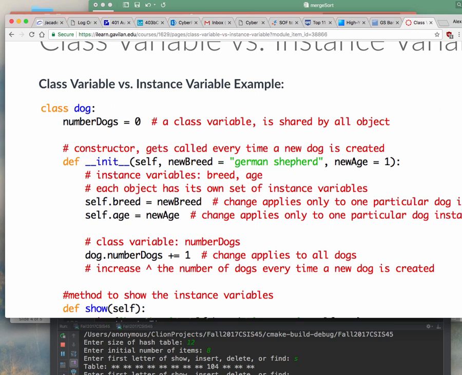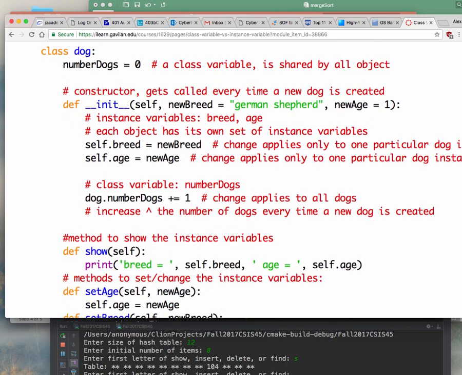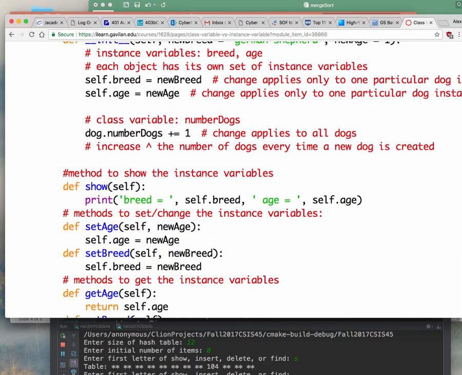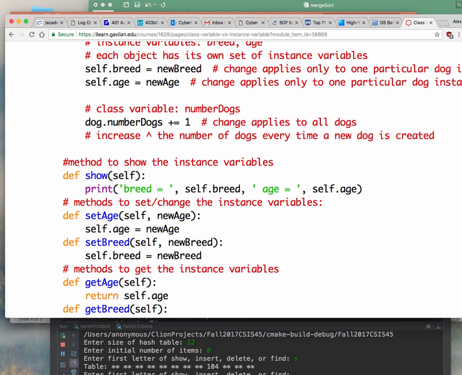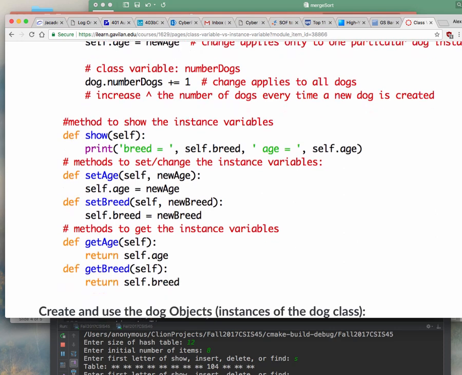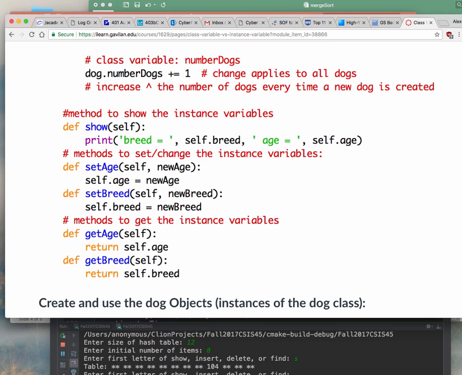And then the other thing that I'm going to do every time a new dog is created. So remember that the constructor gets called one time when we create a dog, and every time you create a new dog, you're going to use this constructor, and every time that happens, we're going to increase the number of dogs by 1. All right? So that's how we're going to keep track of how many dogs we have. Okay, initially it's a 0, but every time you create a new dog, you go up by 1. Okay, and again, we have ways for me to show the properties of this object. I have ways for me to set the properties of this object, and again, some more methods in there to retrieve them. If I wanted to return them, I can do that too.